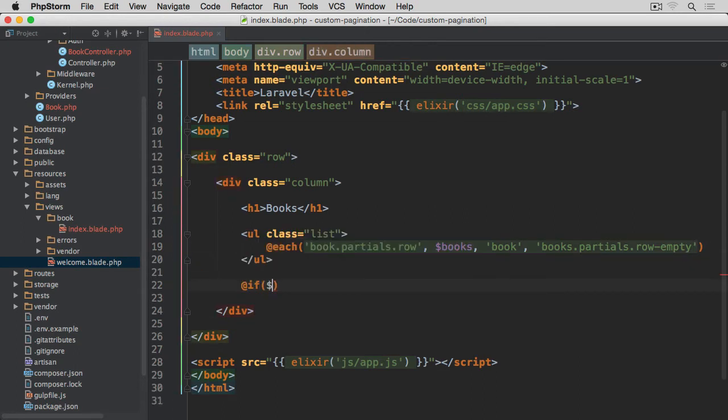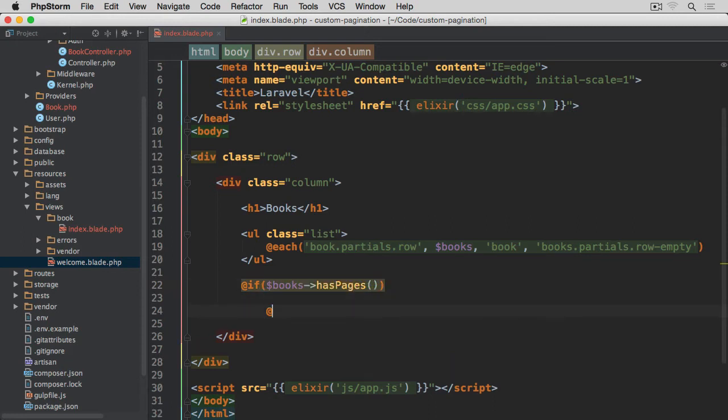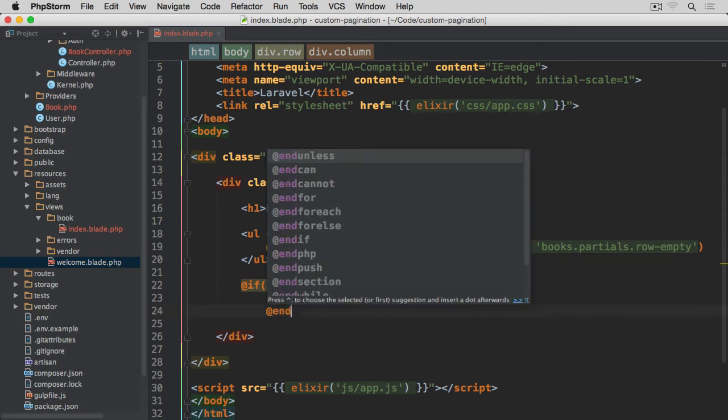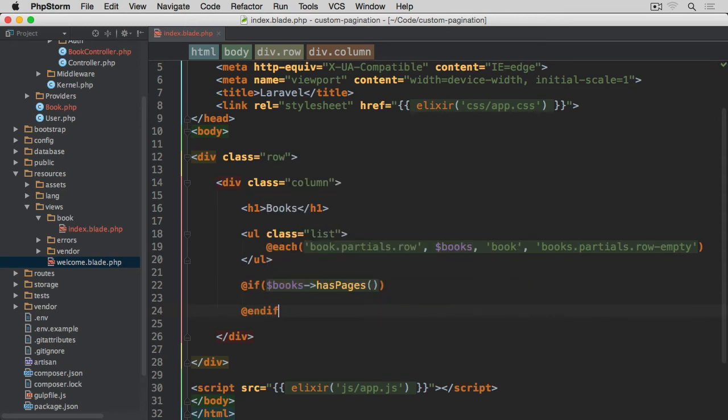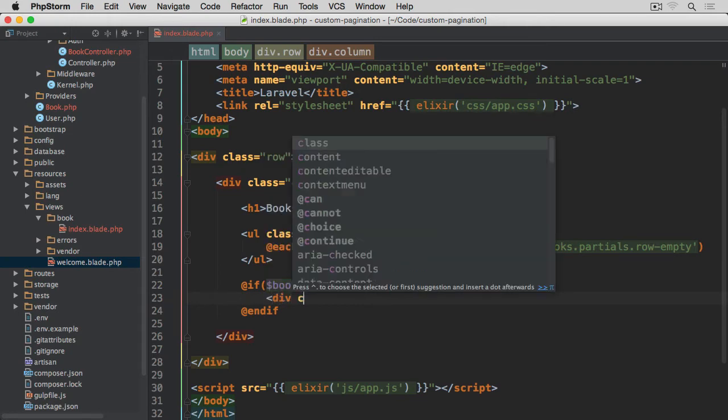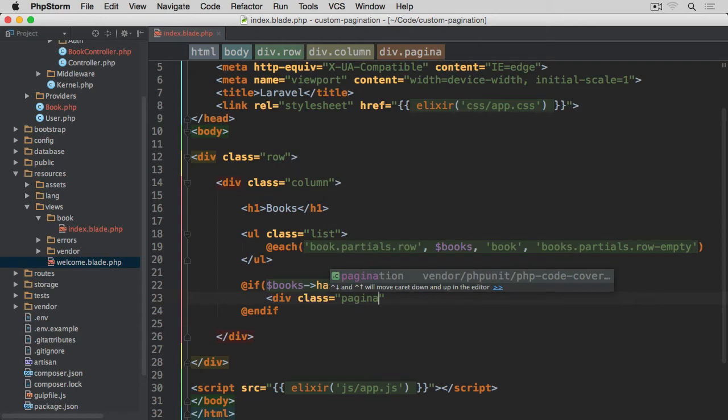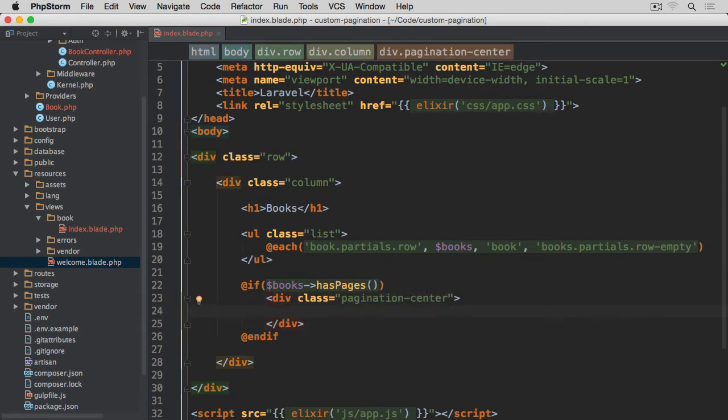Then we need to check if we have any pages. So if books has pages, so if there's more than one page within the pagination, then endif here. This is the only time that we're actually going to display the pagination. So we start with a div class pagination-center, because that's how I want it displayed, in the center. Obviously, you can ignore this tag if you don't. And then just books links, and that's all for our